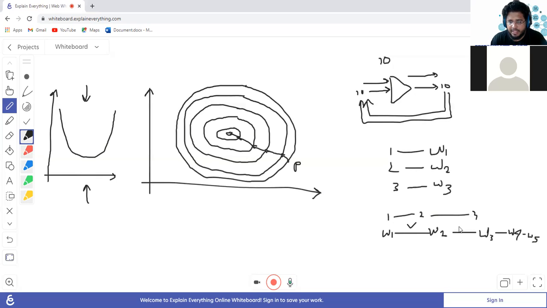Although this is more than this, and this is more than this, because every time the error will reduce, because we are updating the weights to reach the point where the loss is reducing, the amount by which it is reducing is the same. Okay, so that is the point. So we get a very smooth gradient descent, and it reaches the bottom.